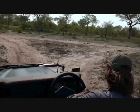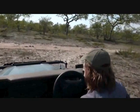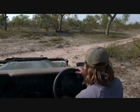Cheetah. Sorry, I'm just double checking on these lion tracks. I think one lion might not have crossed, but